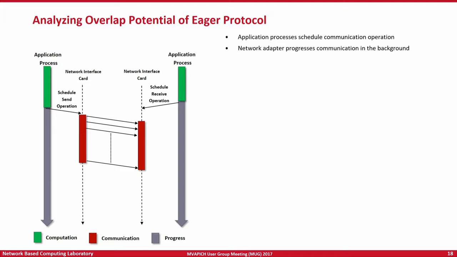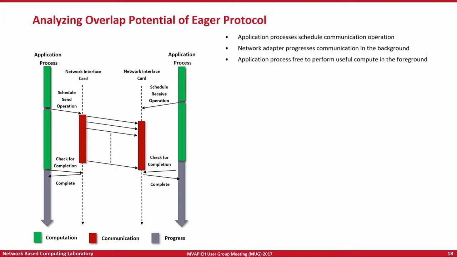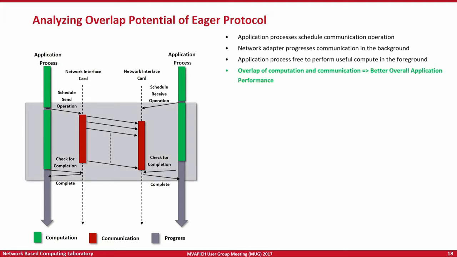This is if your application is written to use non-blocking operations and overlap that with computation in the foreground. But one of the problems is, as was mentioned, what do you do for those intermediate message sizes? If your eager buffer size is 16K, and you have a message size of 17K, or 17K plus 1 or 17K plus 2, what do you do in that scenario? Can we have an adaptive scheme which figures out what the actual communication requirement is? The other option is, why don't I have a very large eager buffer size? Why don't I have an eager buffer size of 1 megabyte?